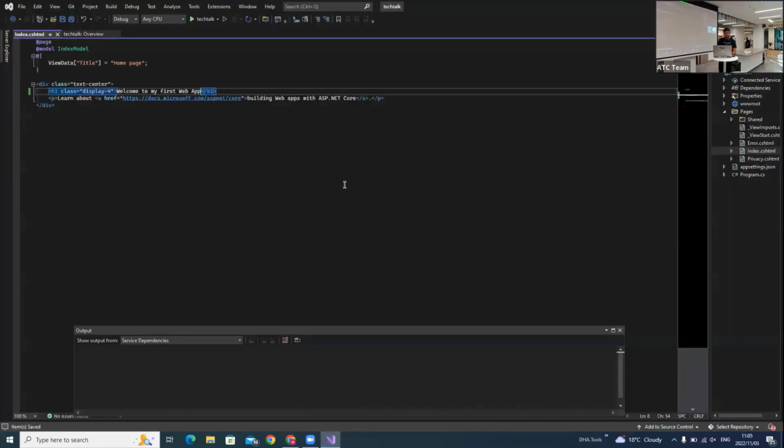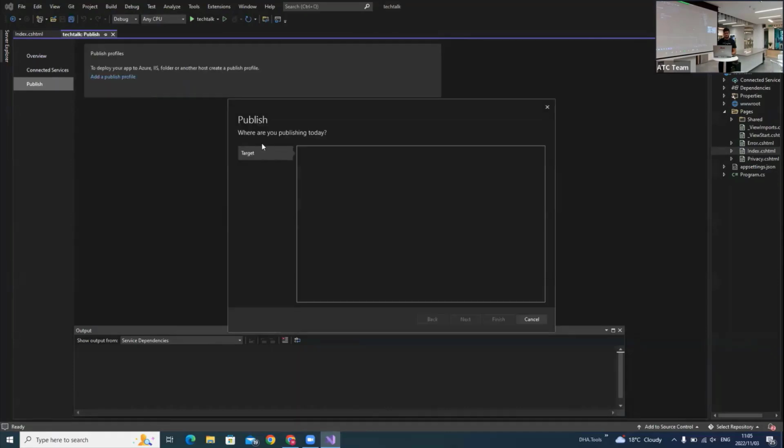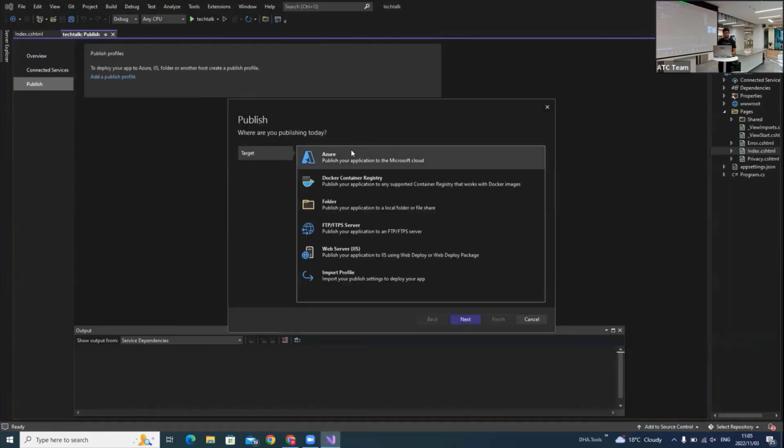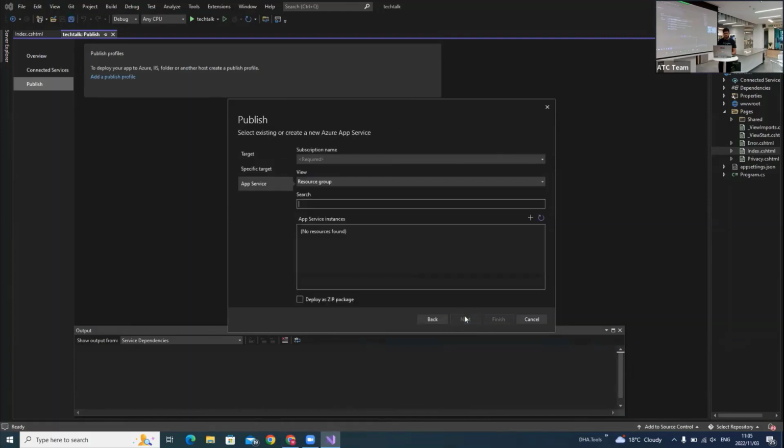So now we can go back to VS Code and Visual Studio and publish our web app. That's quite simple. We just need to go to build, publish the web app that we just created. And we need to choose where we want to publish that to. We want to publish it to Azure, and which app service plan is going to be used to host our web app. Also, you need to sign into your